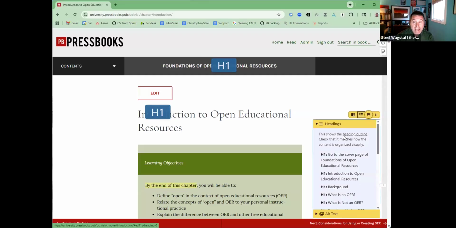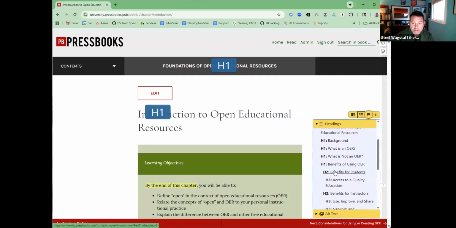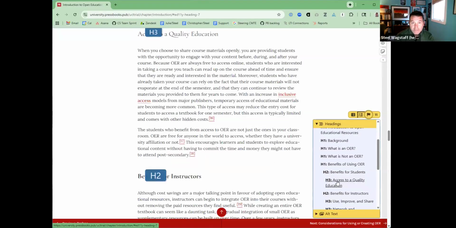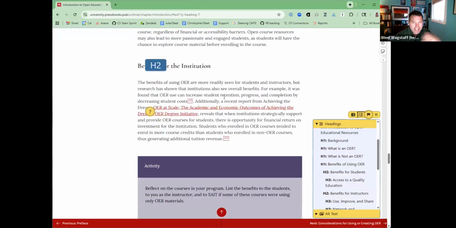And I can see a mapping, a heading outline for this book. So here's my first H1, another H1. There's the H1 called background. What is an OER? What is not an OER? Benefits of using OERs. And then you can see there's H2s and H3s. If I wanted to jump down to it, this lets me navigate and see a visual indicator. I can see all of the heading structure in this book and check whether it makes sense to me